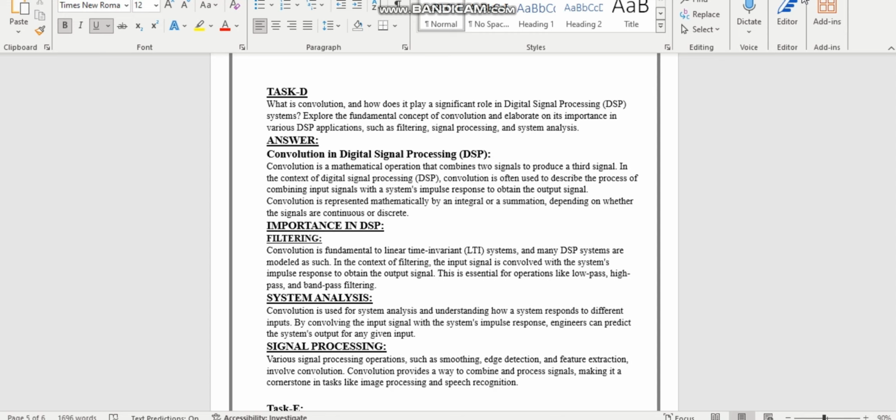System analysis. Convolution is used for system analysis and understanding how a system responds to different inputs. By convolving the input signal with the system impulse response, engineers can predict the system's output for any given input. Signal processing. Various signal processing operations such as smoothing, edge detection, and feature extraction involve convolution. Convolution provides a way to combine and process signals, making it a cornerstone in tasks like image processing and speech